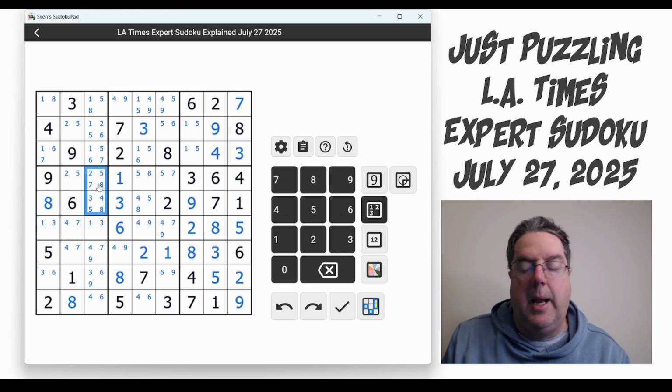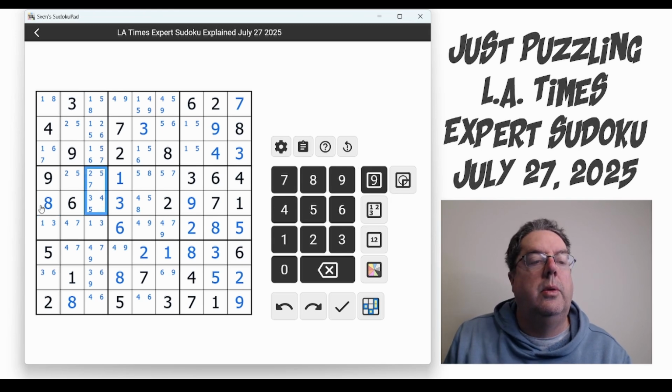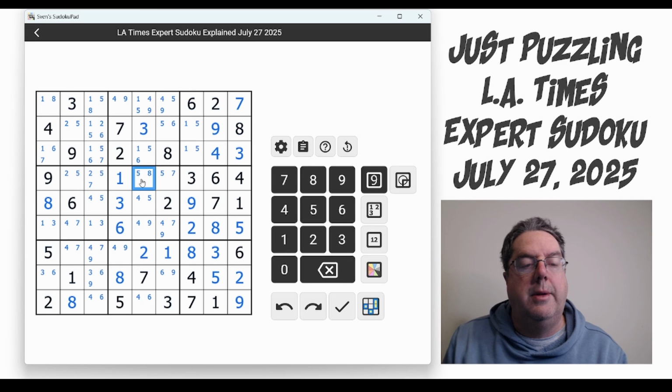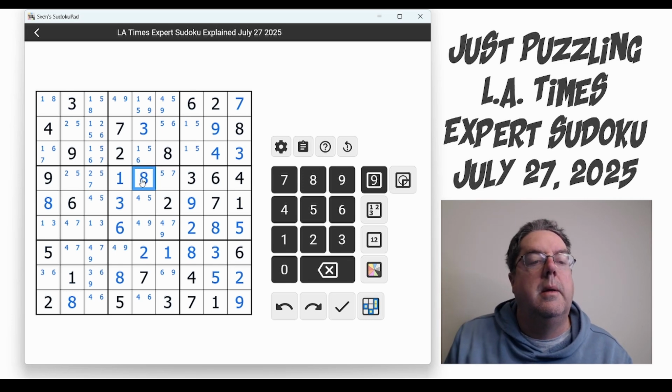So these can't be an 8 now. Because of this cross here, this can't be an 8, and this can't be a 3. So that's a 4, 5 pair. So 8 now comes across here, comes down here. So that's an 8 there. Okay, 4, 7, 4, 9,